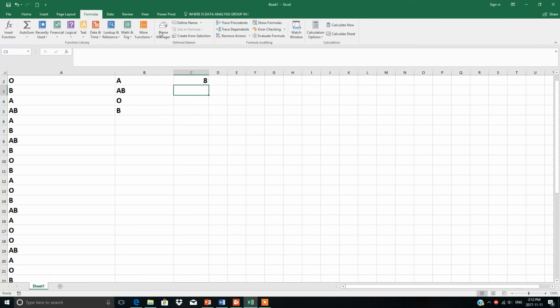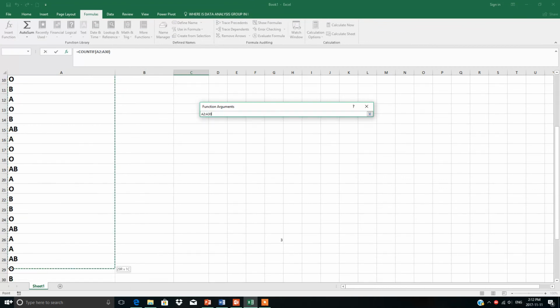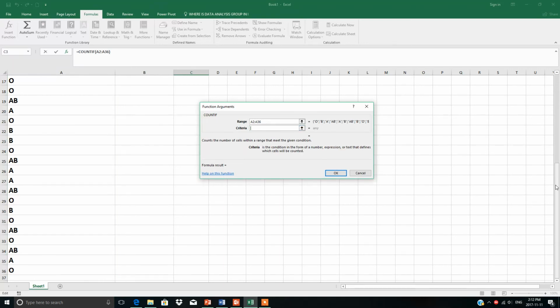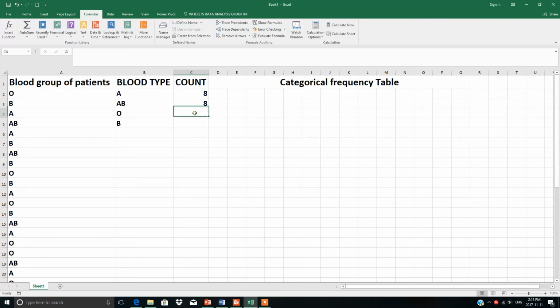And how many patients have AB? Again you have to go to the formula here, statistical, and then COUNTIF. In the range again you have to select this range till 36. In criteria, second is suppose AB, in quotation you have to write down AB and OK. And then O,